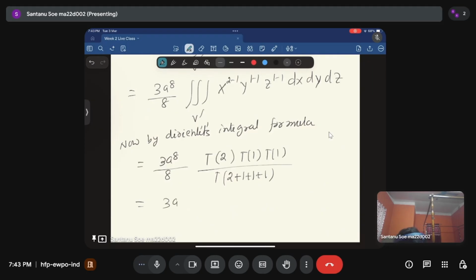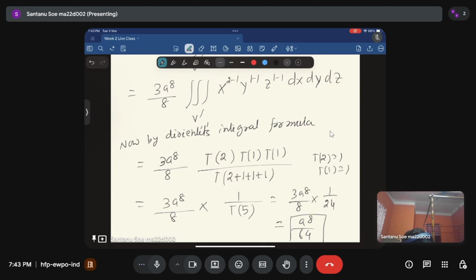So this is 3a to the power 8 divided by 8, and gamma of 2 is also 1, and gamma of 1 is also 1. So this is 1 divided by gamma of 5, which is just 3a to the power 8 divided by 8 into 1 by 24, and this is nothing but a to the power 8 divided by 64. Okay, so by both approaches we can see that our answer is a to the power 8 divided by